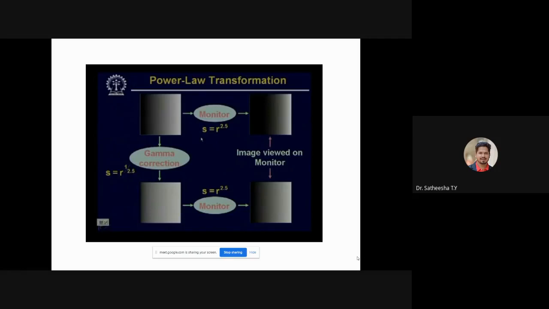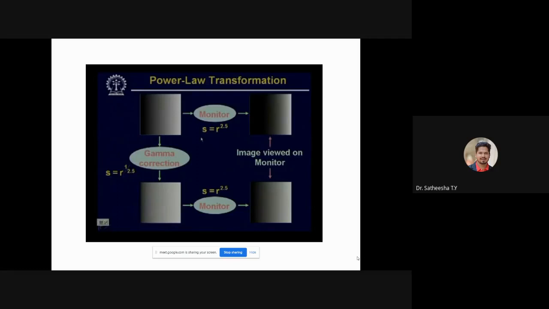So to compensate for this, before giving this image to the CRT display, we go for a gamma correction. That means we transform the image using the transformation function S equals R to the power of 1 by 2.5. That is what we have done.